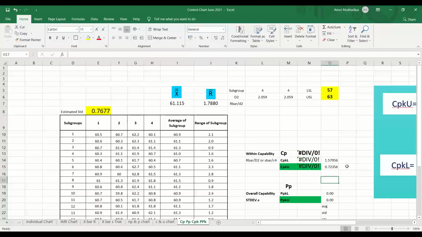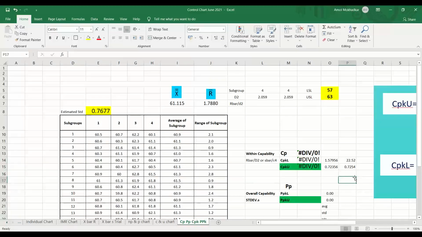CPKU is 0.72554. CPKL is 22.5042. Sir, something is wrong, you have taken some wrong formula. It cannot be like that, you are making a mistake somewhere.